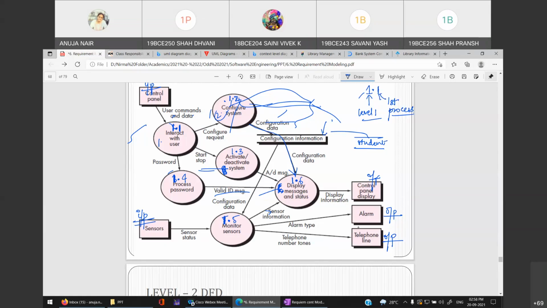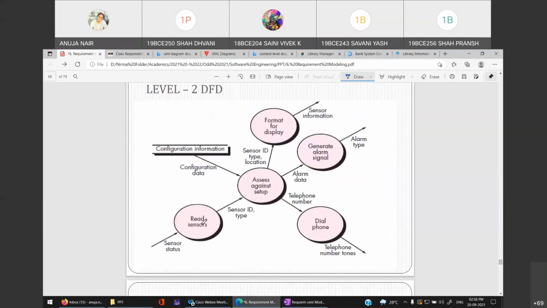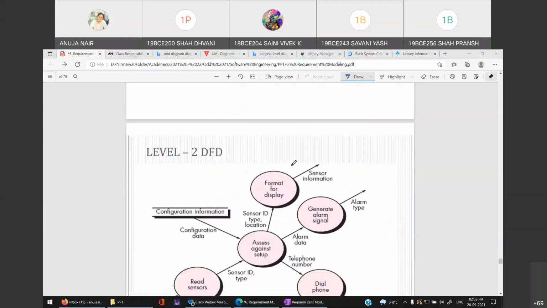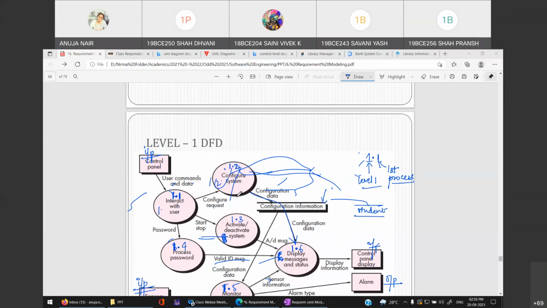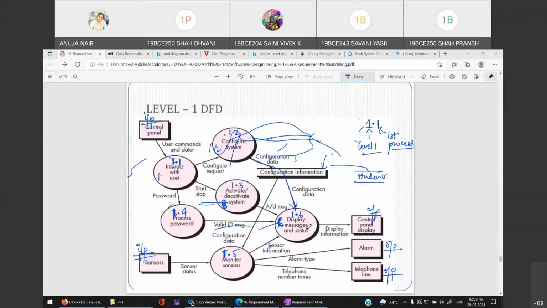Is it understood? Now, when you will go to level 2, this is DFD level 2. Now, can you tell me, ma'am, is the numbering connected anyway? No, no, no, it's not connected. You can give numbers randomly.